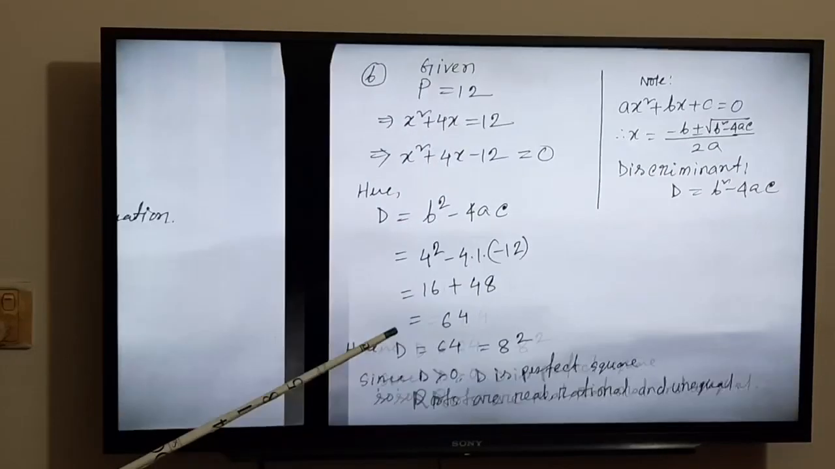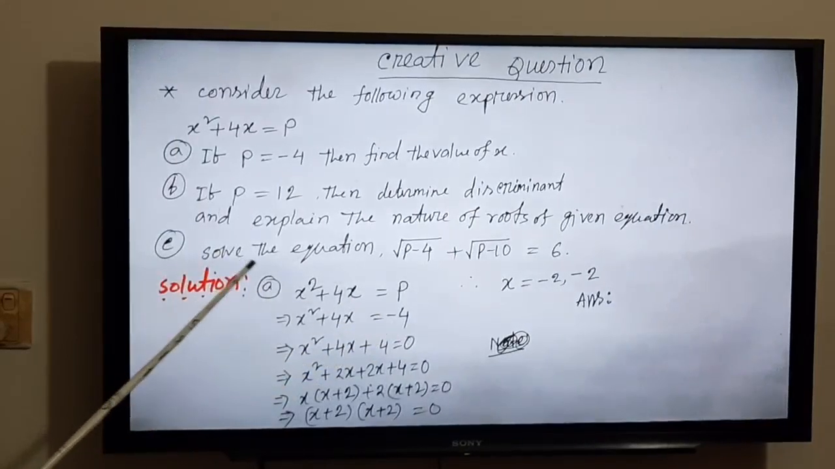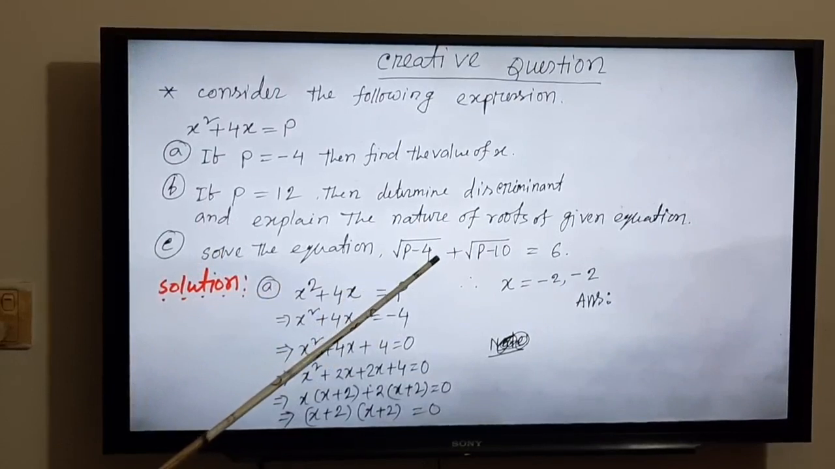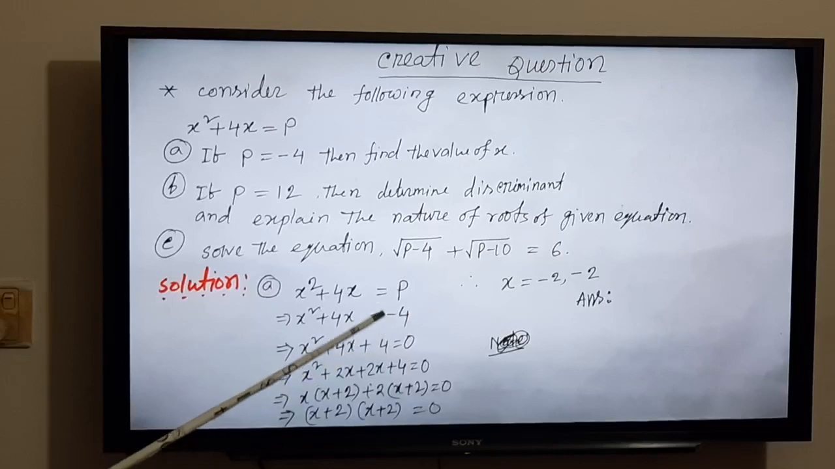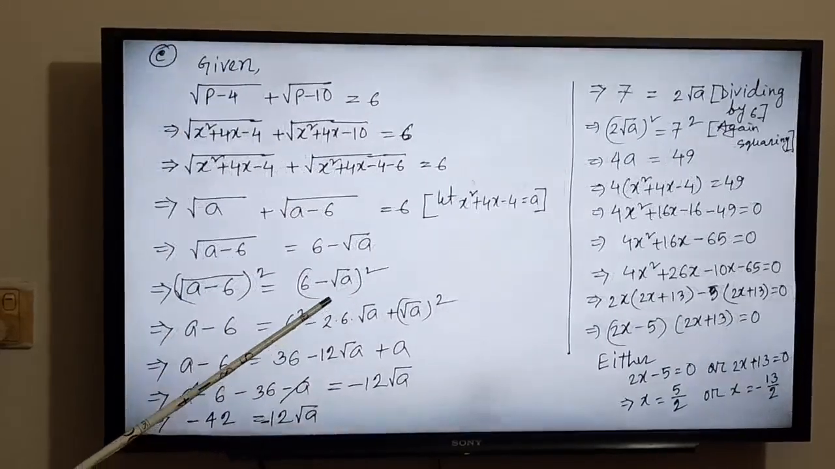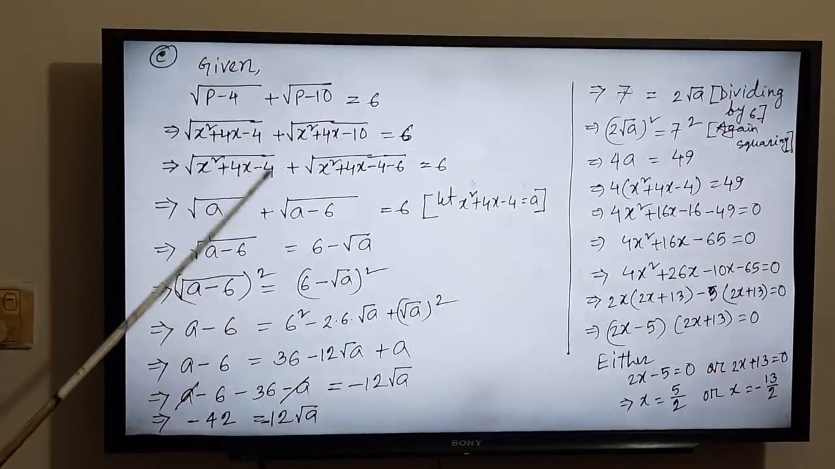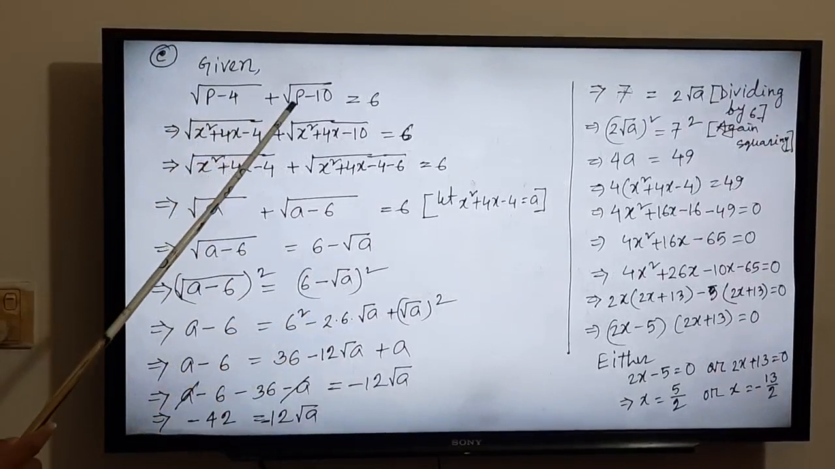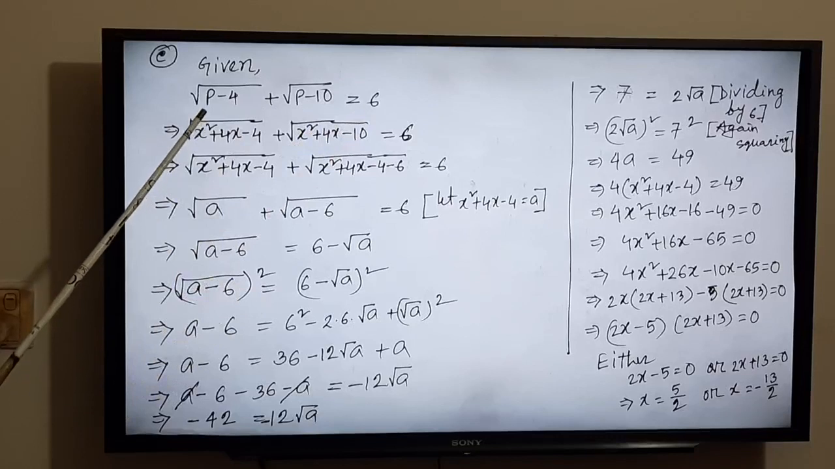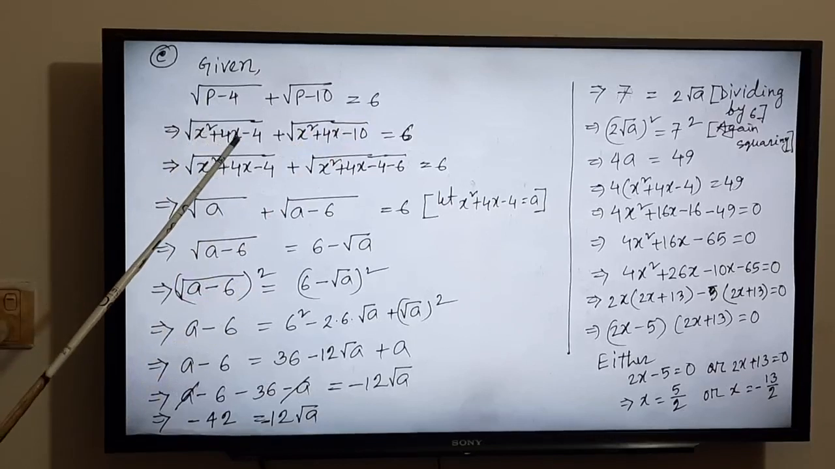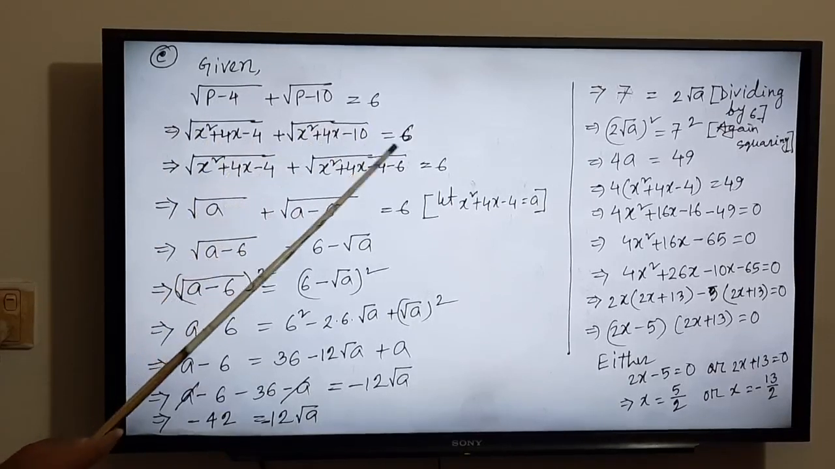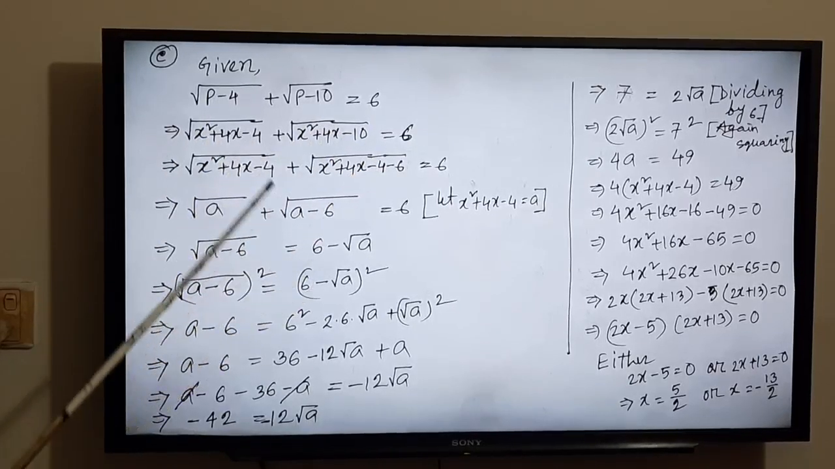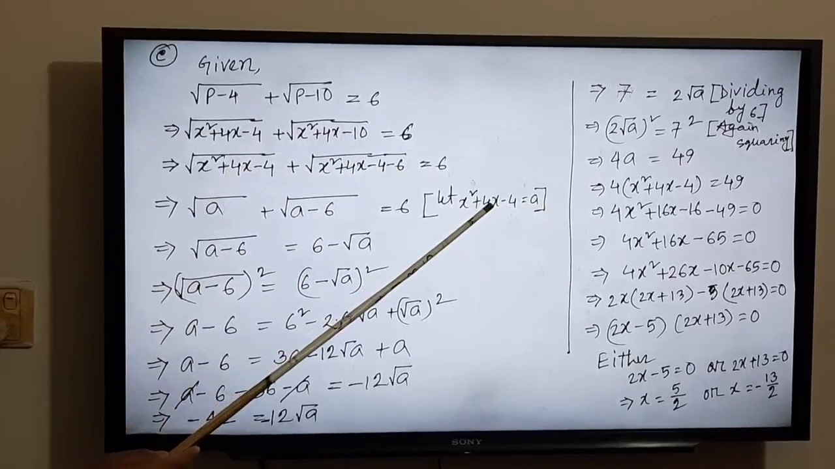Okay. Now question number C. Solve this equation: root over p minus 4 minus root over p minus 10 is equal to 6. Okay, we can see the solution. Root over p minus 4, root over p minus 10 is equal to 6. Okay, p is equal to x square plus 4x, it is given in your question. Minus 4 and this also 6. Okay. And now x square plus 4x, then